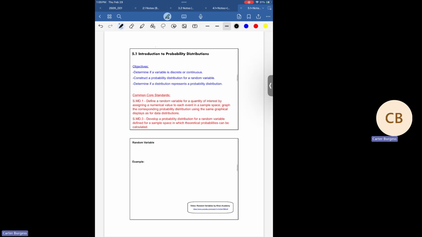You'll often see these denoted with capital X's or capital Y's, and it is not a variable. Which is entertaining. These are essentially functions that allow us to process outcomes into something that is actually workable. So for our definition here, we can think of this as a function